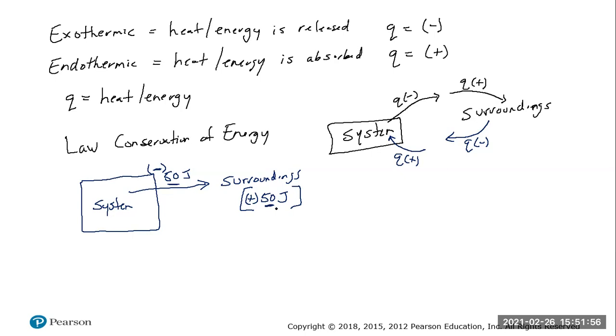So, for example, if you had a Bunsen burner that was burning, that Bunsen burner is obviously giving off a lot of heat and energy through the flame, right? So if you carefully put your hand near it, again, not in the flame or ever on the fire, but if you put your hand near the flame, you will feel all that heat and energy coming off. And the relationship that's happening there is the Bunsen burner is giving off all that heat and energy. So it would be negative or exothermic.